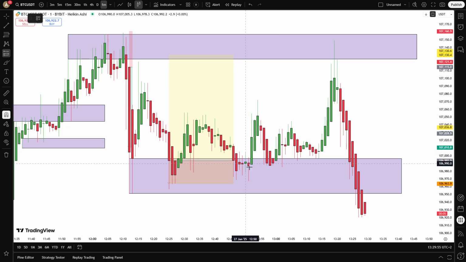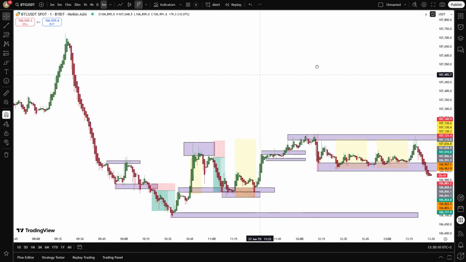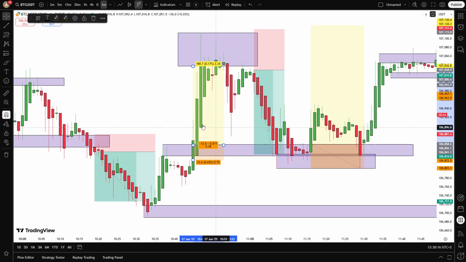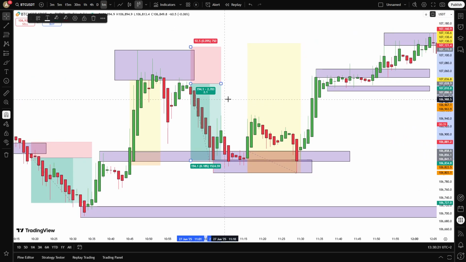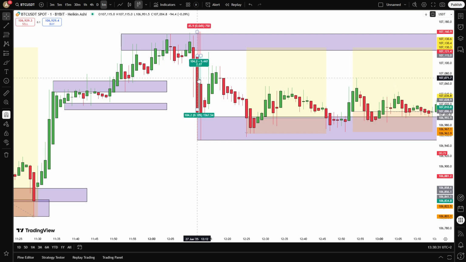Right, here we see that new compression. It gets retested again. Where do we enter? Right around there. Where's that stop? At that previous low. And where's our TP? At that box. So now let's just go over them. Plus 11, plus 17 makes plus 28%, plus 18 makes, from the top of my head, 46%, minus 5 makes plus 41%,